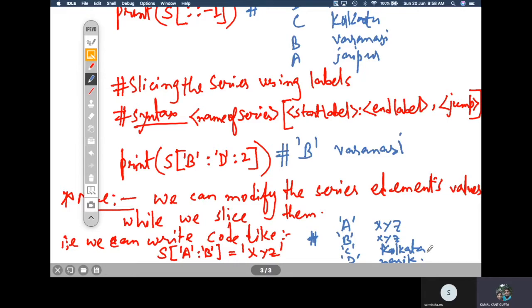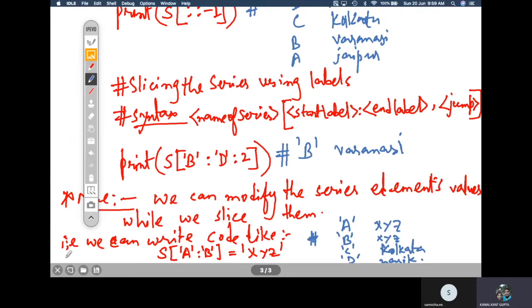Now let us create one series using a numpy array. Using a numpy array also you can create a series, and you can apply slicing on it. That is very important. So that completes our concept of accessing elements in a series. You can access elements in a series using slicing and using indexing. Both are applicable. Now we are moving on to the next topic, that is properties or attributes of series.